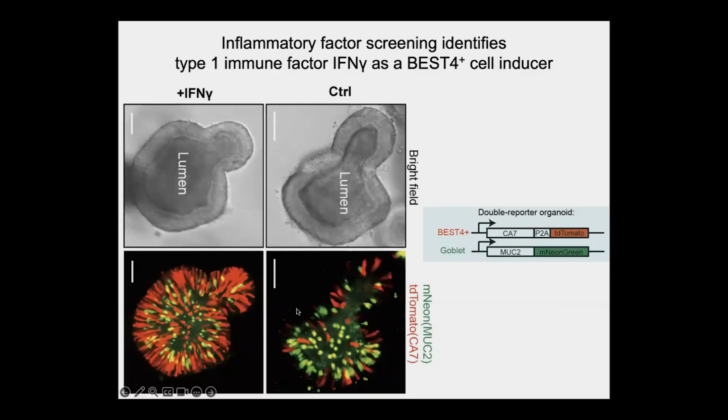This visualizes the same experiment. So this is a standard organoid, human small intestine. You see in red that there are some BEST4 cells. If we, however, now expose this organoid to gamma interferon, you see a massive increase in BEST4 cells. So we can really manipulate the system now. We can actually create a system where we have many of these functional cells. I should say, by single cell sequencing, they are identical to the signature you get out of the primary intestinal